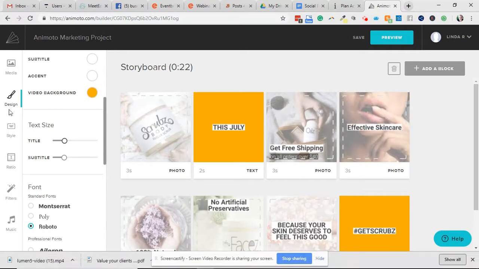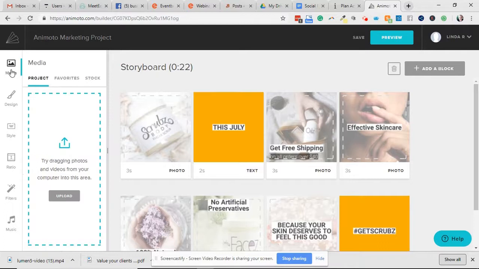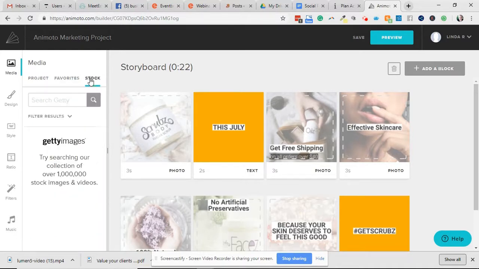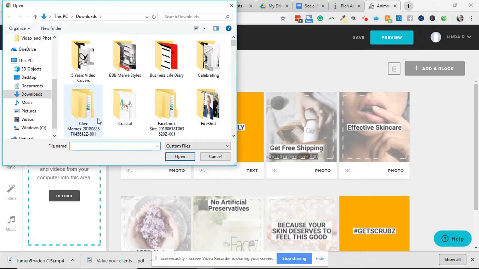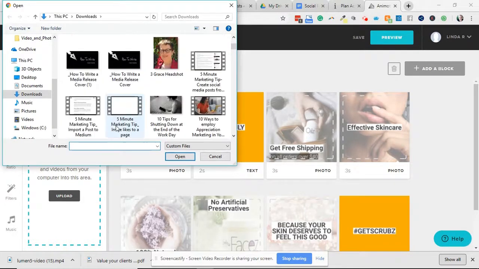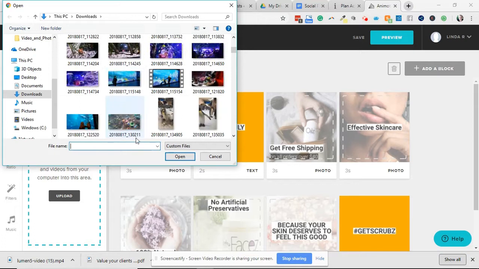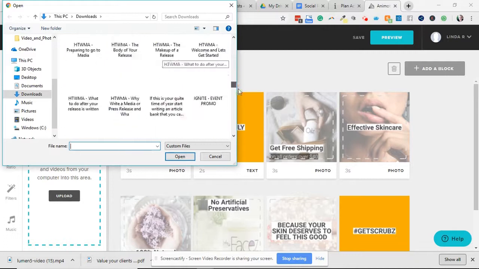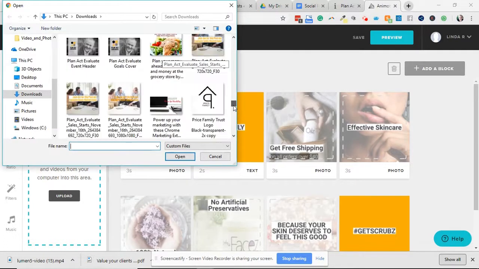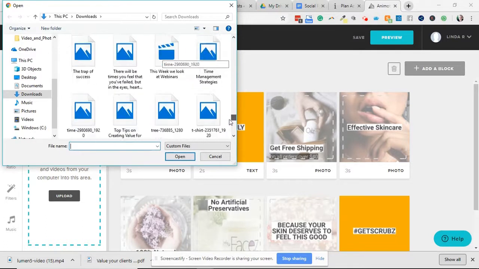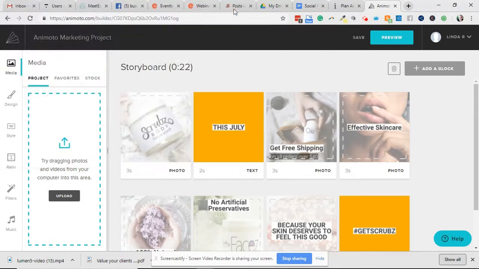Okay, so when we go to the design, back to the media over here, we can upload some photos to use in this, or we can use some stock. So I'm going to quickly upload some photos. I should have some photos of Clive here. I've got his memes there. Let's see if I can get some photos. I have lots of me. Let's see if we can quickly get some photos of Clive here. Okay, no, because of the speed and I want to get this done for you,